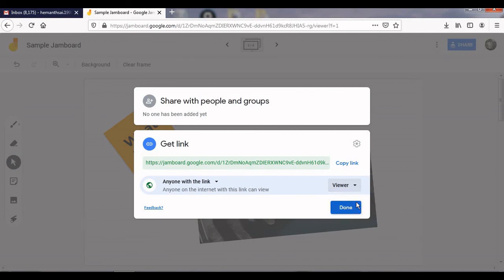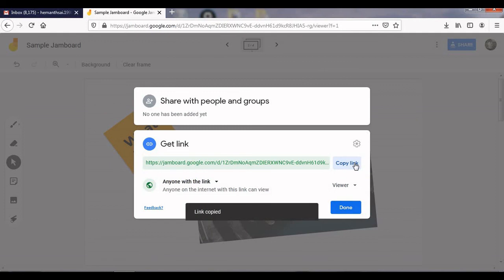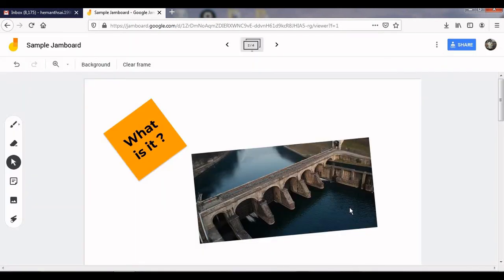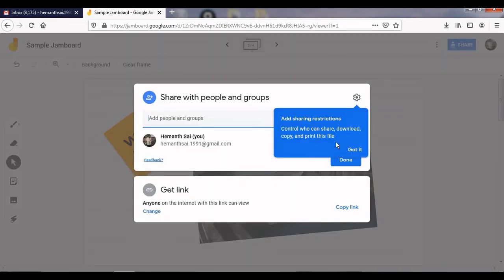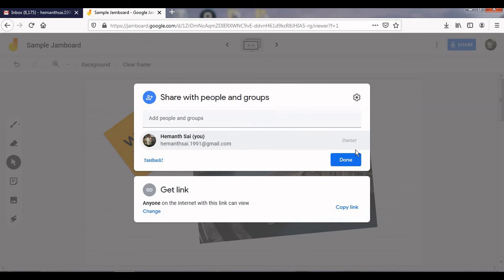Yes, if you want to send it to many members, like in a WhatsApp group or Telegram group, we can just copy the link by clicking here. Link copied will be coming here, and next we can paste it directly using Gmail or WhatsApp web or whatever, depending on the person's interest. So we can share it with others and know who is editing here while the Google Jamboard is open to you. Yes, that's all regarding Google Jamboard.